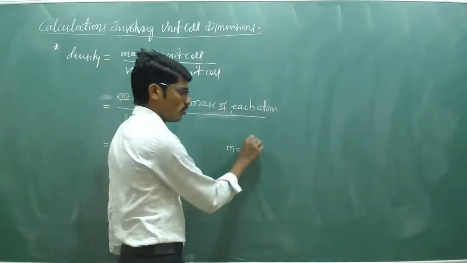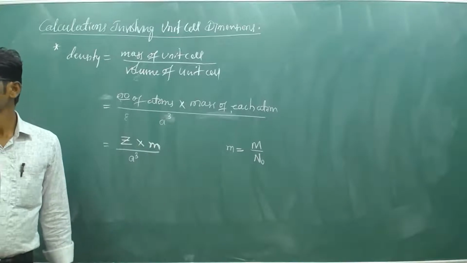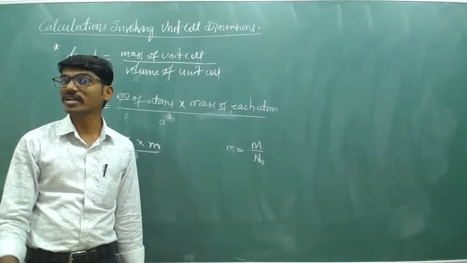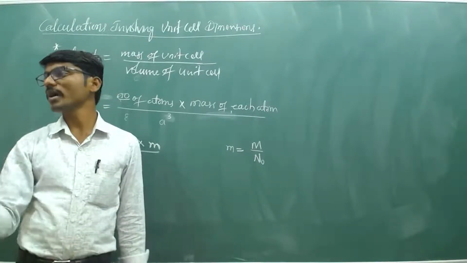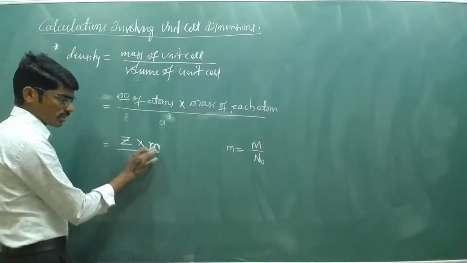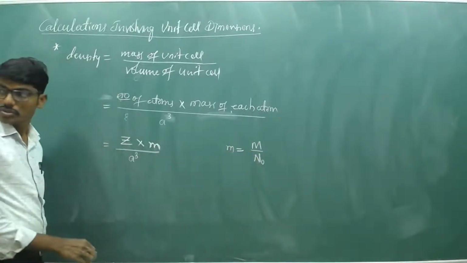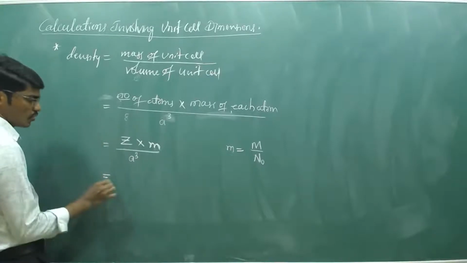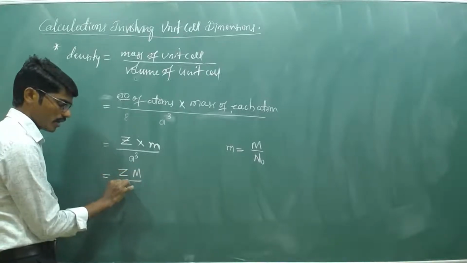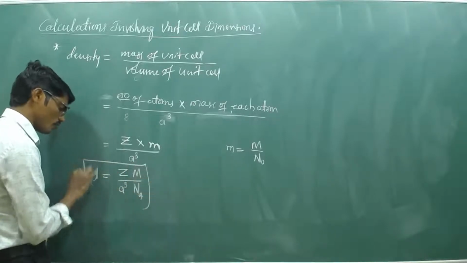How are you going to find the mass of each atom? Molar mass divided by Avogadro's number. For a single atom, carbon mass is 12, that is, 1 mole of carbon is 12. Avogadro number of atoms is equal to 12. So for a single atom, 12 by Avogadro's number, 1.98 into 10 power minus 23. So in place of mass of each atom, can I write M by Avogadro's number? So therefore, density is equal to Z capital M divided by a cubed into Na, Avogadro's number. So this is the formula of density,